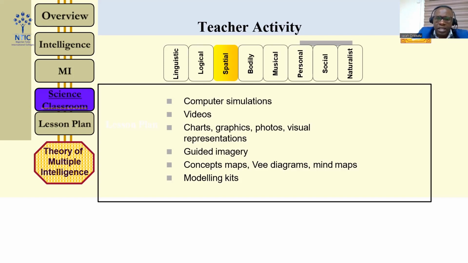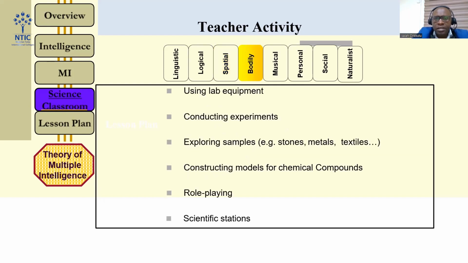Those are for the ones who are special in intelligence. Then the bodily intelligence, these are those that like working with things, with materials, most especially experimentation. The biology teachers, the chemistry teachers, and physics, and all of that, using lab equipment. They like to set up the lab. They like to do experimentation. They like to conduct activities all around. These are bodily, they're kinesthetic learners. They want to do activities. They want their hands to be busy.